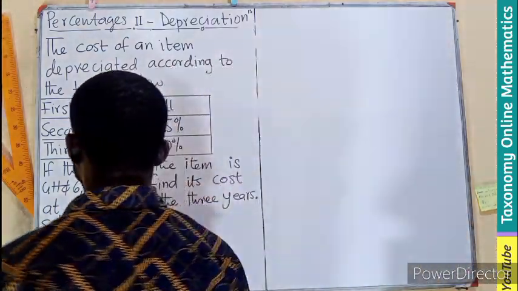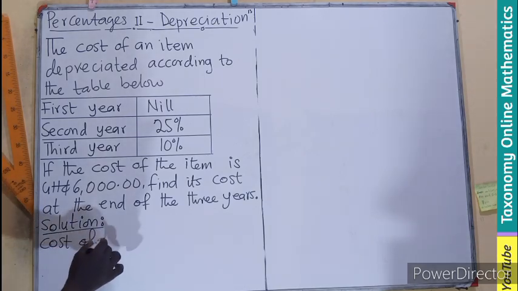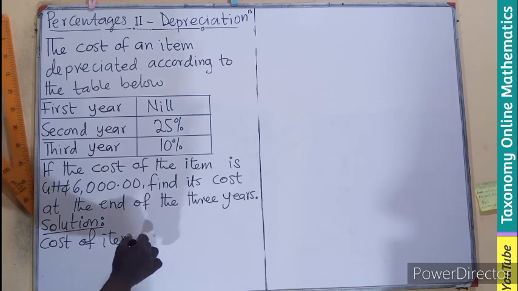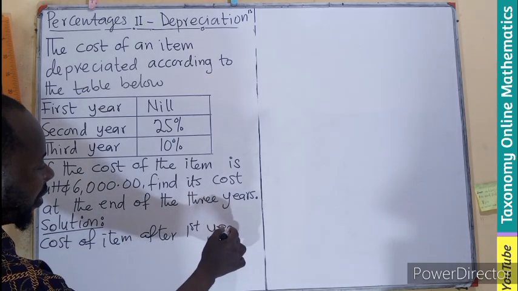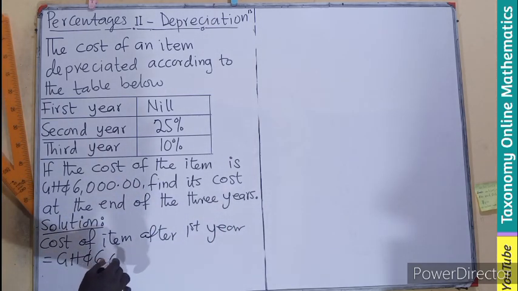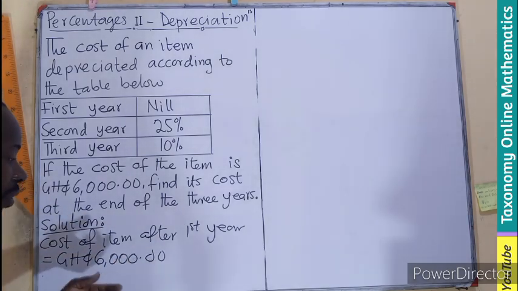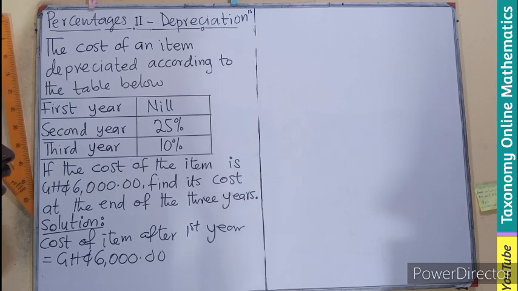So let's start by saying that the cost of the item after first year. After the first year, nothing happened, so 6,000 will still be the value of the item. If you want to sell it at the end of the first year, you still have to sell it at 6,000, since the rate is nil. There is no rate of percentage. Then for the second year,